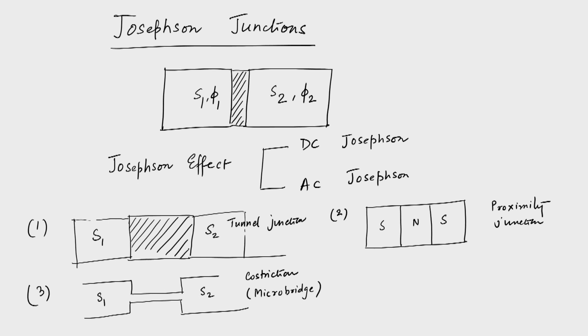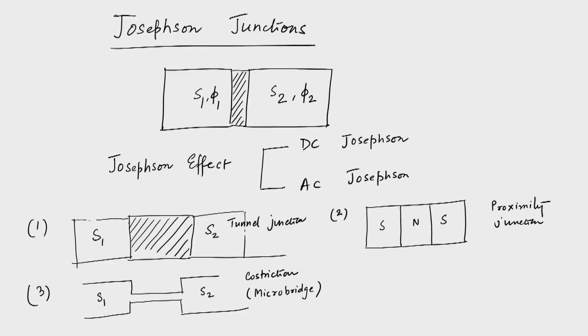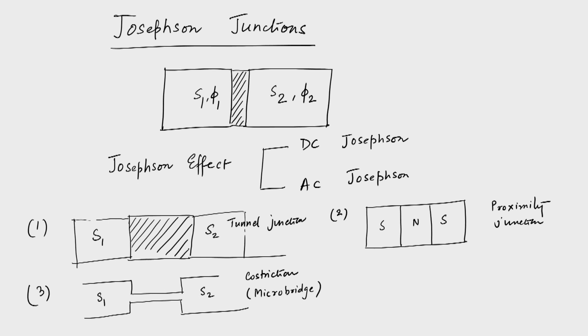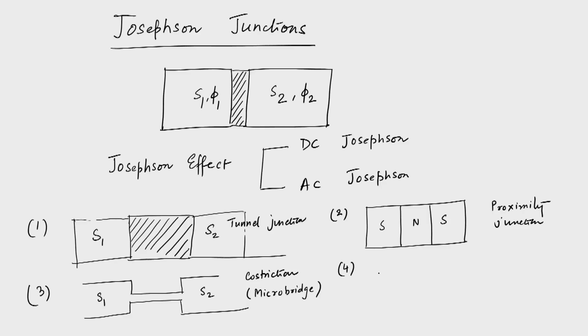And these kinds of materials are quite important in superconducting technology, because they are made by a variety of techniques, electron beam lithography being one of them, and one can actually make such junctions and study the properties of the material, that is the charge transport, or rather the current in these junctions, or other properties such as sensing applications, or their use as switching devices, etc. And fourth, the point contact.